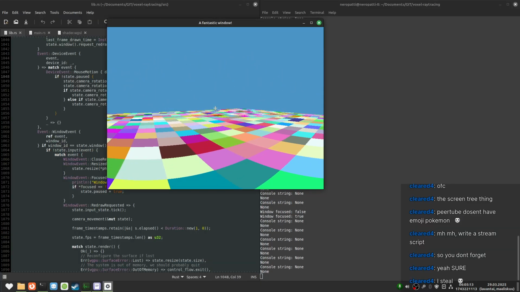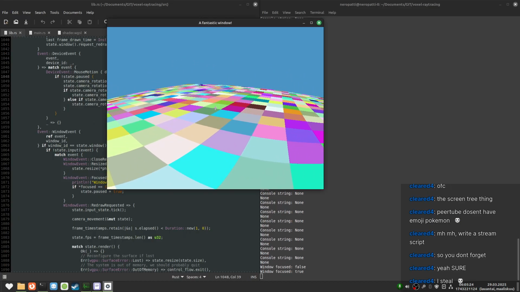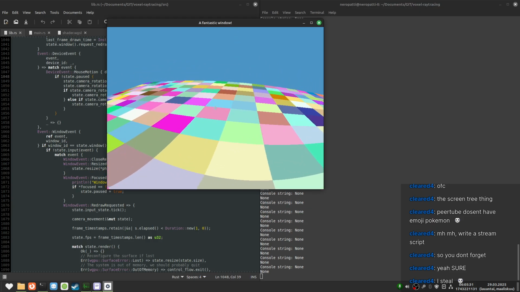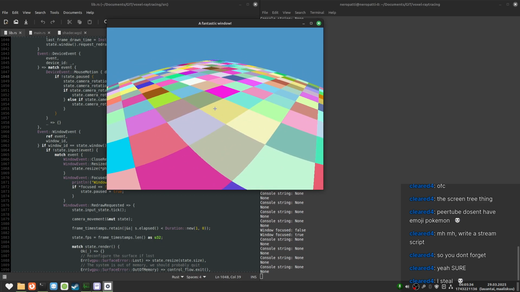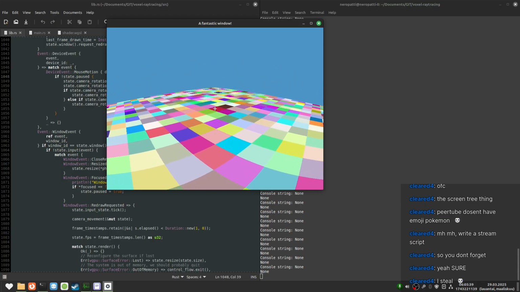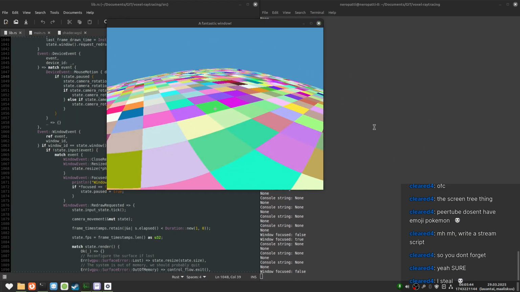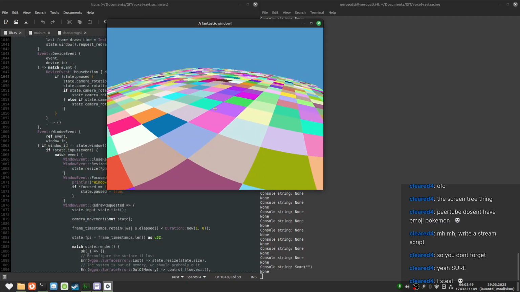For a really long time, I just didn't have this, and I don't know why I held off on doing it. But the moment I implemented this, my life just got better. I could just Alt-Tab out without having to remember to press P first to free the cursor. It's so nice. And I don't have to click on the title bar to make sure that I don't destroy a voxel accidentally. If you are making a game and you don't have proper mouse cursor support for focusing and defocusing, just do it.